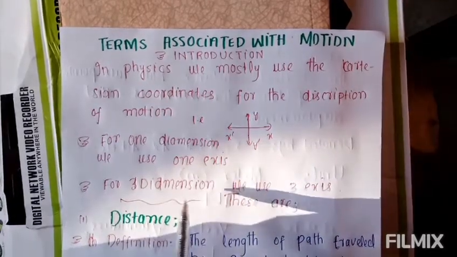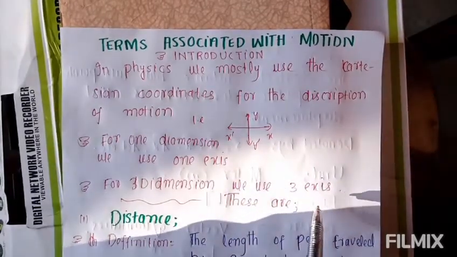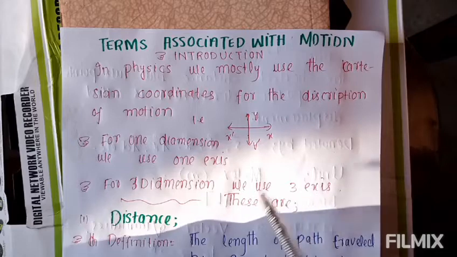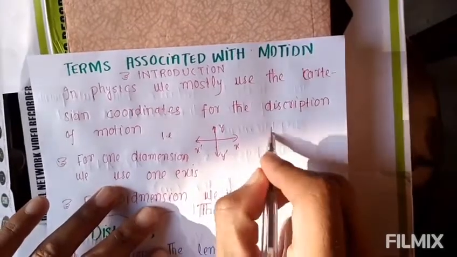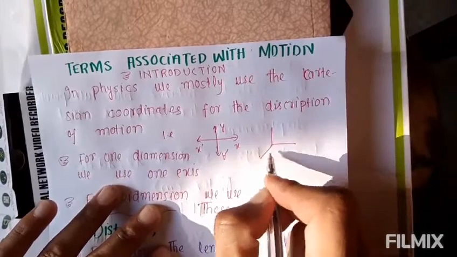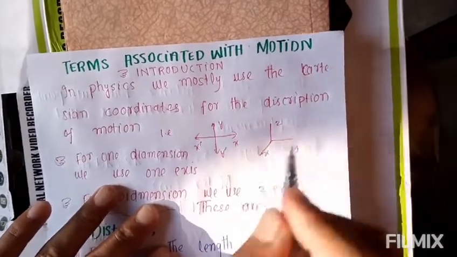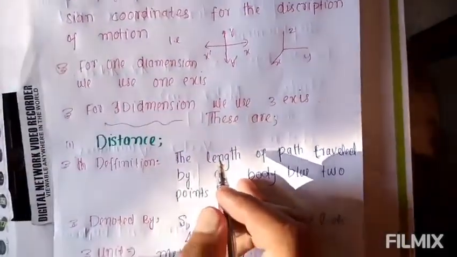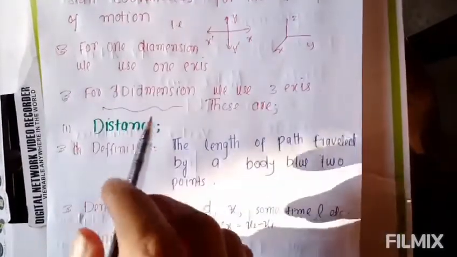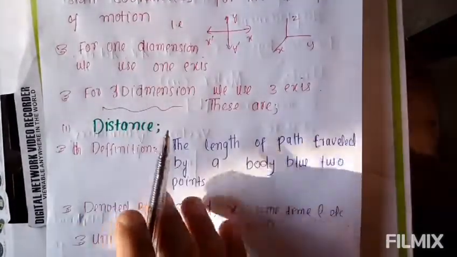For the third dimension, we use three axes like x, y, and z. Mostly x, y, and z. This is for the third dimension. Now come to the distance terms which are associated with motion. These are